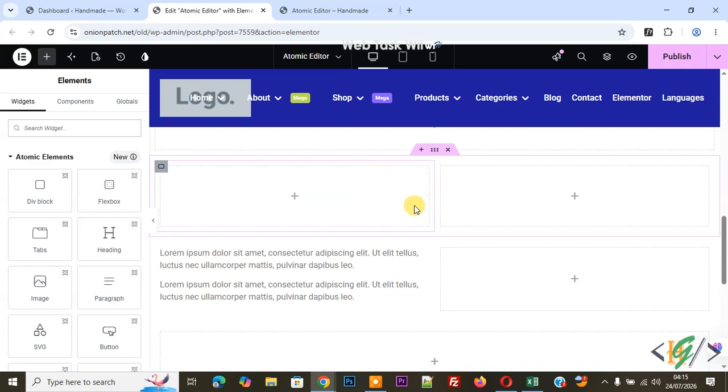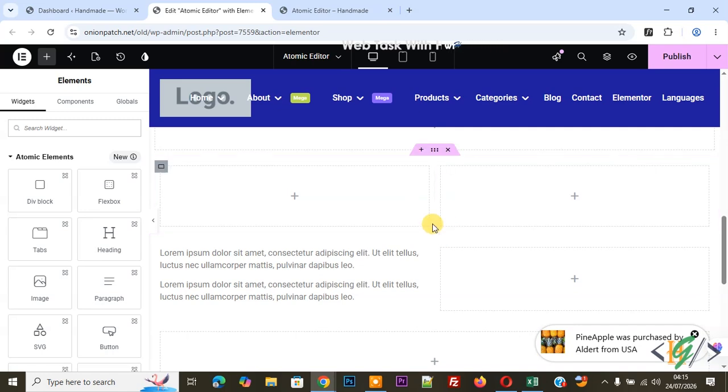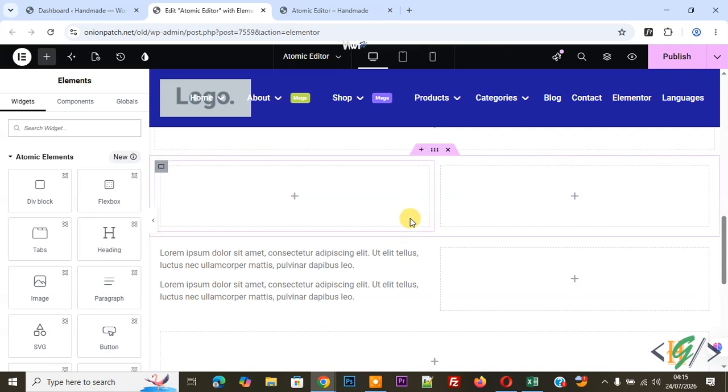Bismillahirrahmanirrahim. Assalamu alaikum. My name is Hassan, and today we are going to add background image in a new atomic